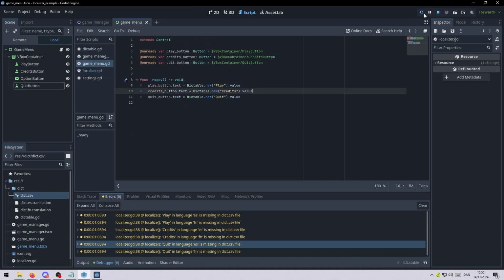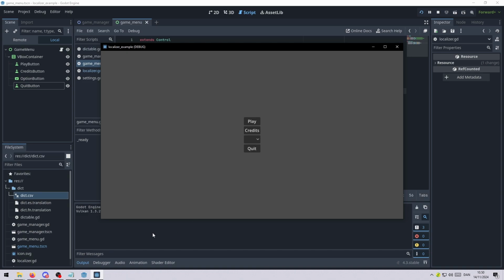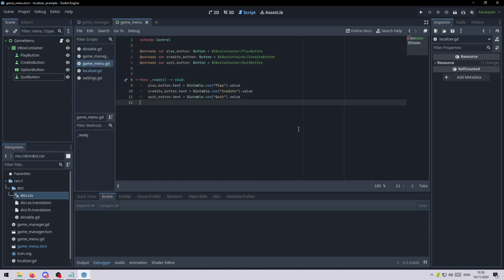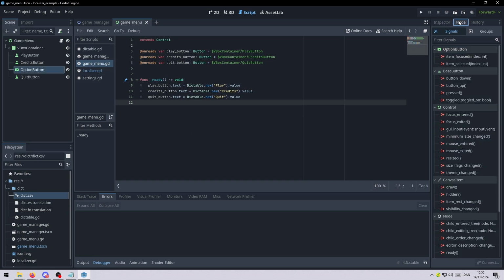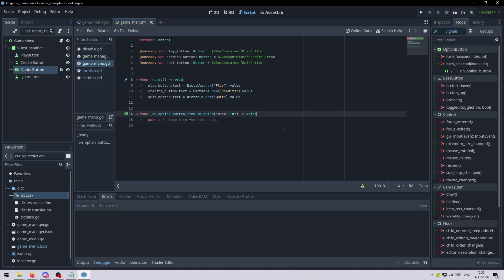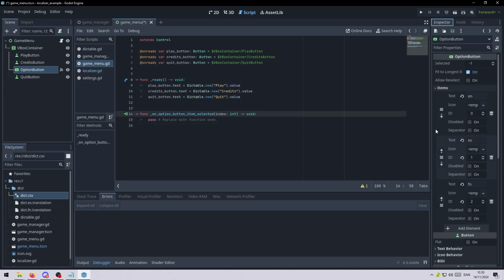Let's rerun the program here and see that we have no errors or warnings, sorry. So everything is up to date. Now what we can do here is go into this button. We can item selected. We can connect a signal, and let's just put it into the scripts. It's okay. So when this is selected, we can go here and we can say, okay, so